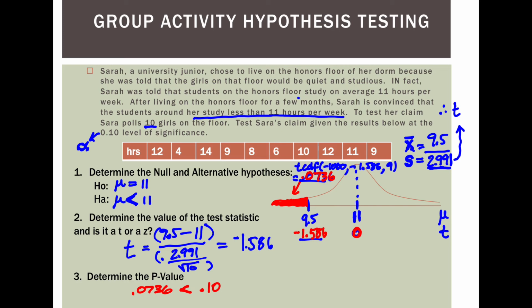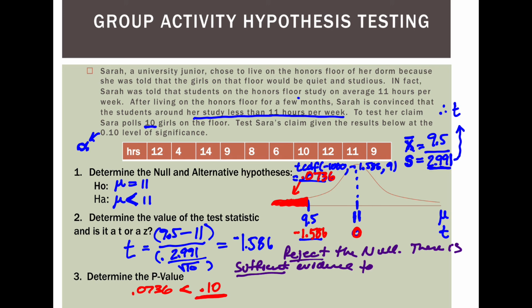And in this case, our significance level was 10%. So we're saying anything less than or equal to 10% is extreme enough and is enough evidence for us to reject the null. And in this case, it is, because we had 10%. And so we can write our conclusion. We need to start off with the first thing, which is to reject the null. There is sufficient evidence to suggest